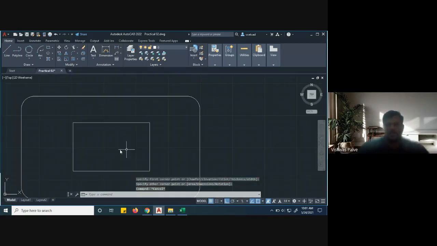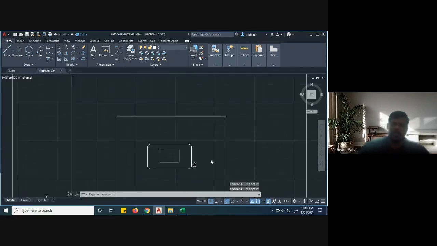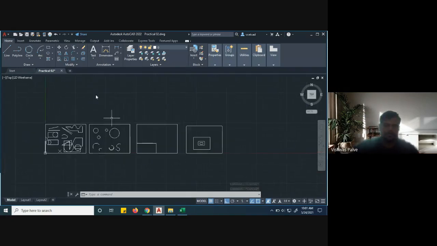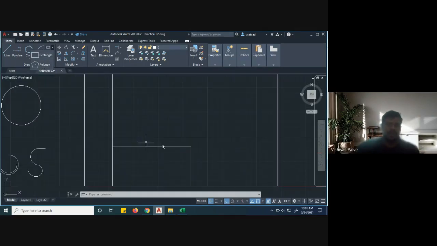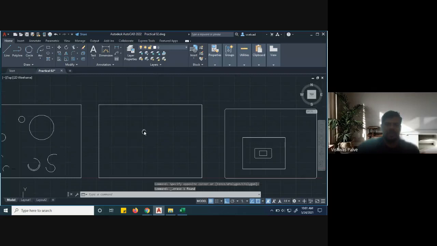The same features are also available here in the modify. You can see the chamfer and fillet option is available. So no need to worry. If you can draw a normal rectangle, then we can give fillet to it. Under the rectangle, there is one more feature available, that is the polygon. So now if I want to draw a polygon, let us remove this. Yes, delete. This rectangle will be used for polygon now.